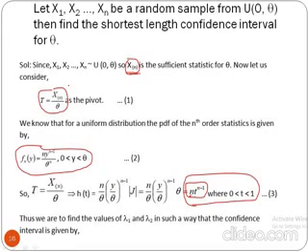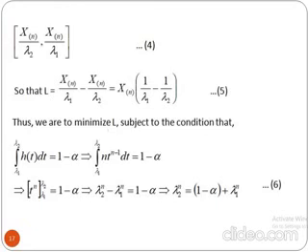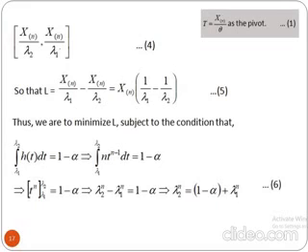shortest length confidence interval. Like the previous case, we start up with two values, lambda 1 and lambda 2, in such a way that the confidence interval is given by this. So this is why we are choosing this instead of lambda 2 or lambda 1 alone, because the answer comes from here. That means we are taking this as the pivot. So theta is the unknown quantity. That's why we take lambda 2 in the denominator and not as a product as in the previous case. Okay, so these are the two values, and xn we know is the nth order statistic. So we are to find lambda 1 and lambda 2.